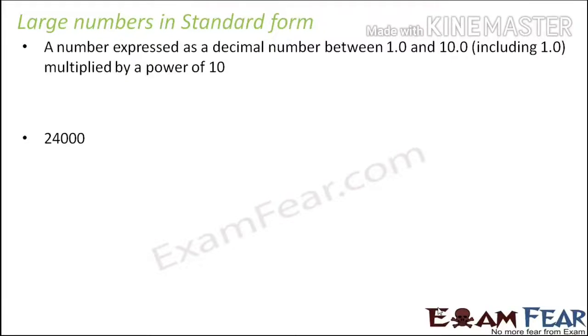For example, 24,000. So this is not the standard form, because whenever you want to write it in standard form, you have to write it in the form of a decimal number between 1 and 10. So this is far greater than 10. So how do we do that? So right now, this number actually means 24,000.00. That's how it means, right? So your decimal point is actually at the end of the number. So what we want to do, we want to shift the decimal point to such a place such that we get a decimal number between 1 and 10. So where will we shift it? We shift it 1 jump, 2 jump, 3 jump and 4 jump. We shift it here so that it becomes 2.4.